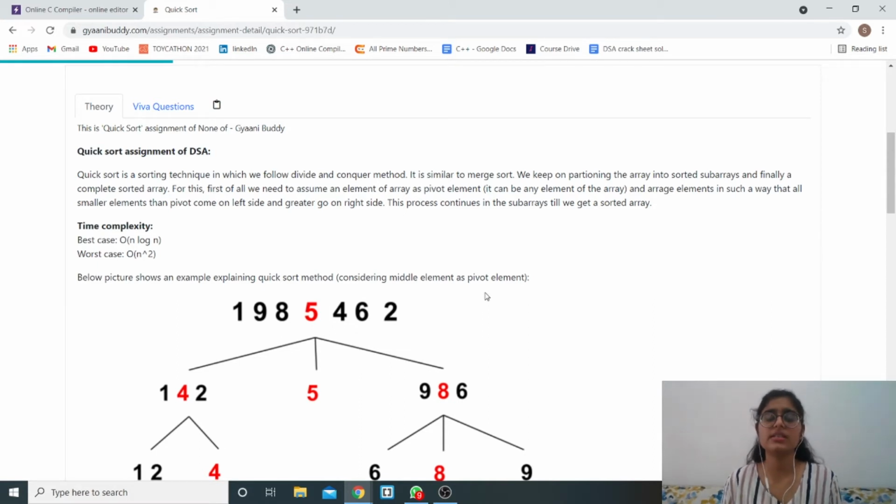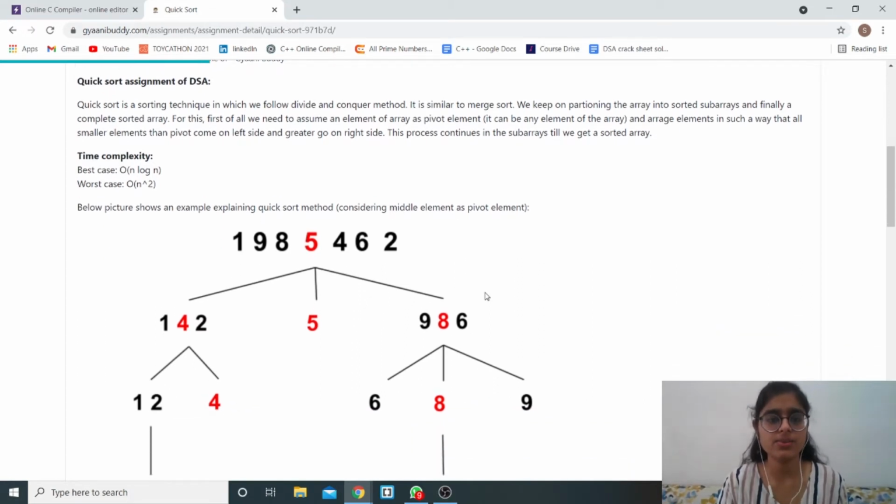After considering this pivot element, we need to arrange the elements in such a way that all the smaller elements than the pivot element go to the left hand side and all the larger elements go to the right hand side. And this process continues in all the subarrays and finally we get a sorted array.